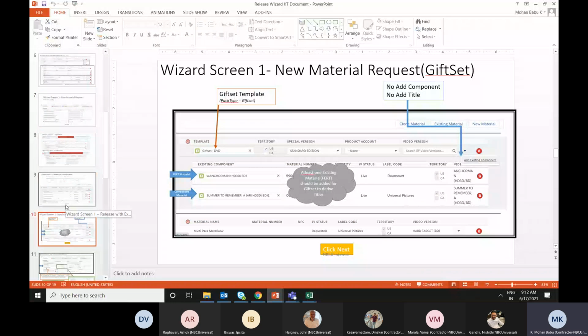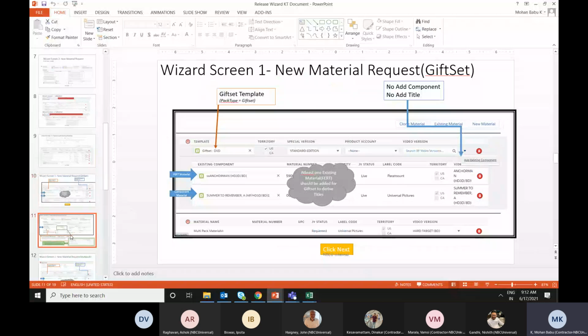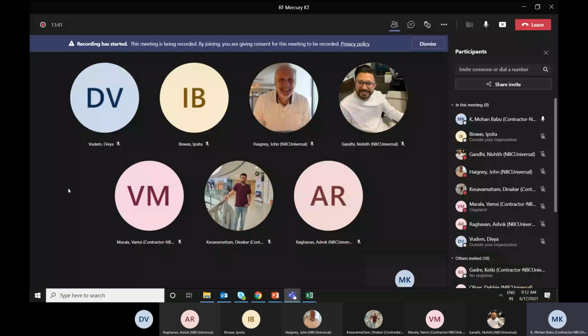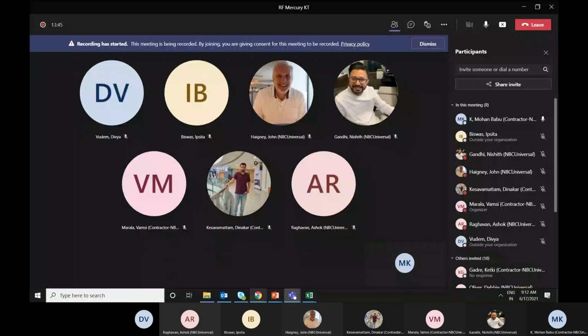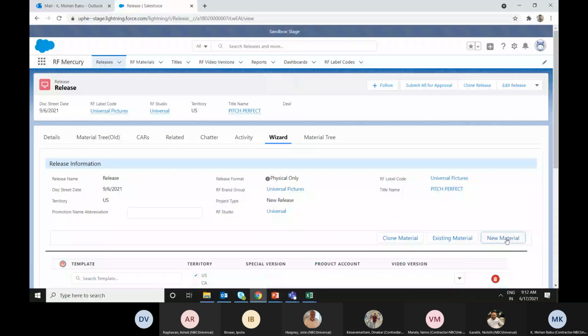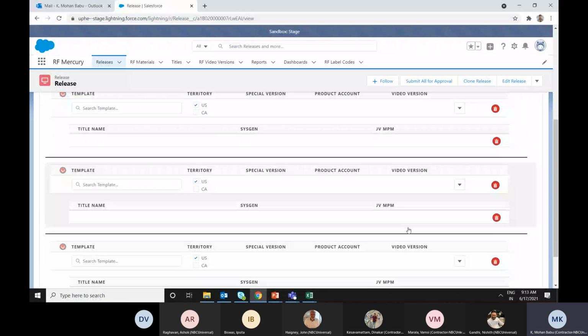Today we'll see how the gift set material and the multi-pack material are created. You can see my Wizard screen, right? Yes. In a single go, let us try to create three different materials.